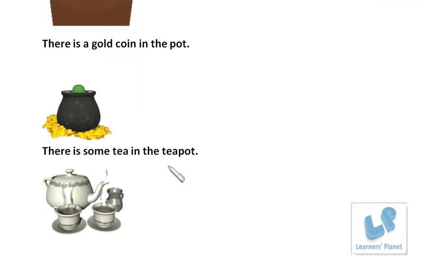There is some tea in the teapot. Now tea you cannot count. टी को आप गिन नहीं सकते हैं. एक टी है, 2 टी है, 4 टी है, राइट? सो हम क्या करेंगे? अनकाउंटेबल नाउन है इसलिए विल यूज इज. ओके, सो देयर इज सम टी इन द टी पॉट. टी पॉट में थोड़ी सी चाय है. ओके,